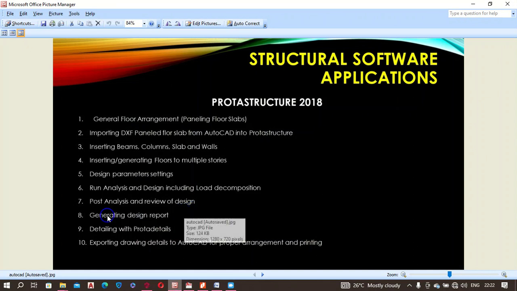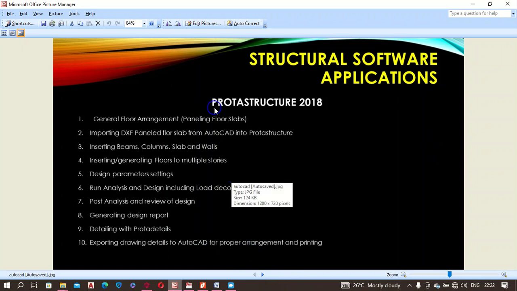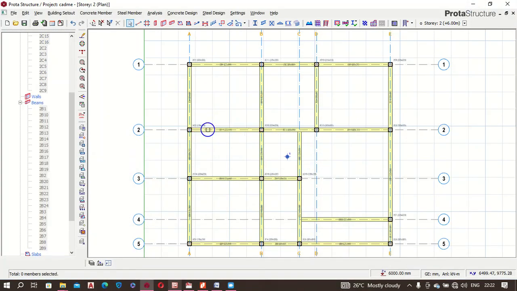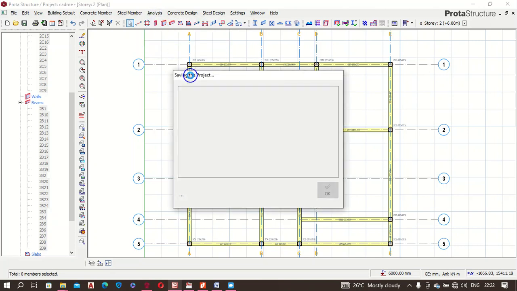So let's see what we have next. We have run analysis and design, including load decomposition. So let's do this quickly. Okay. So go to analysis, building analysis. Just before we go,